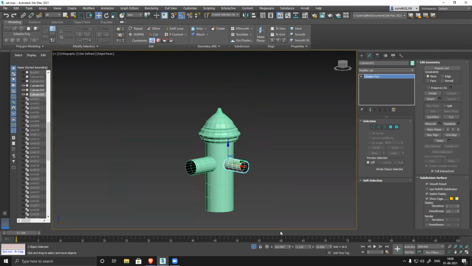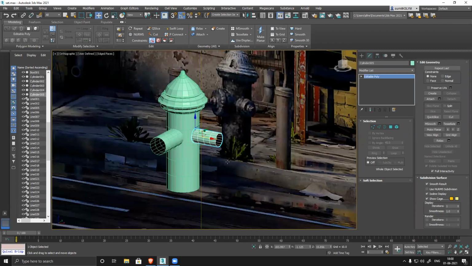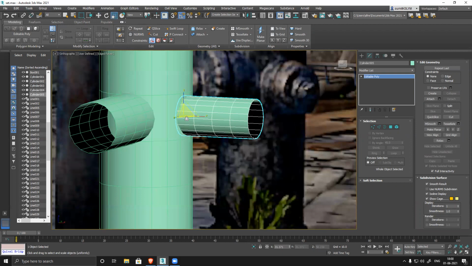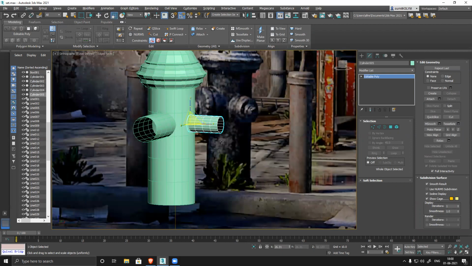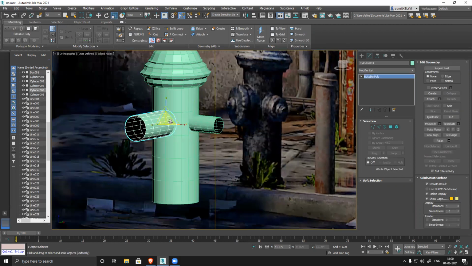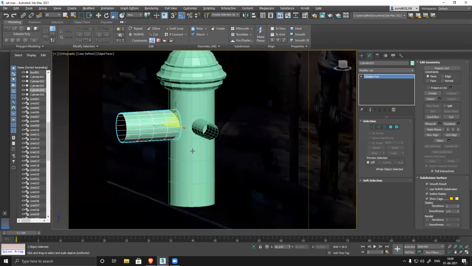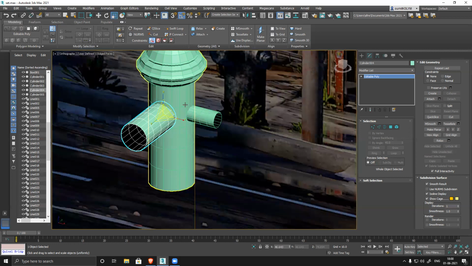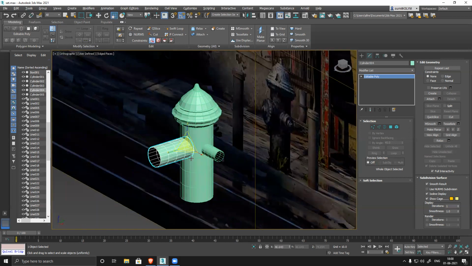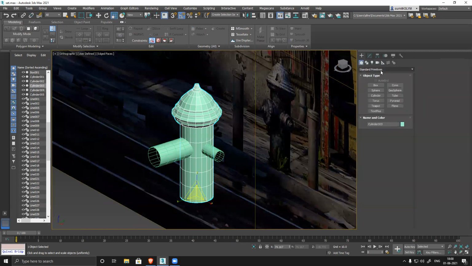The position-wise, you can see both are at the same alignment. This should be smaller. Yeah. This is much bigger. Move it slightly so it should intersect. That is something we have to keep in mind. It should intersect. Now select the main body. Go to, oh sorry, first option.